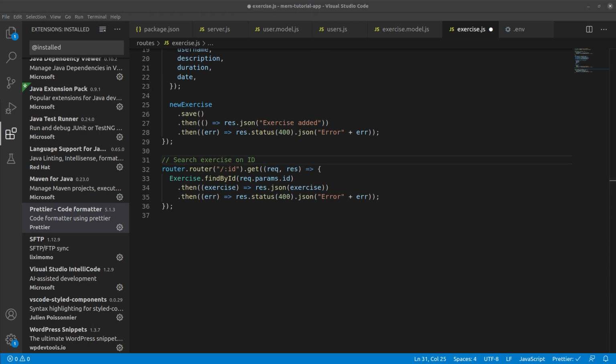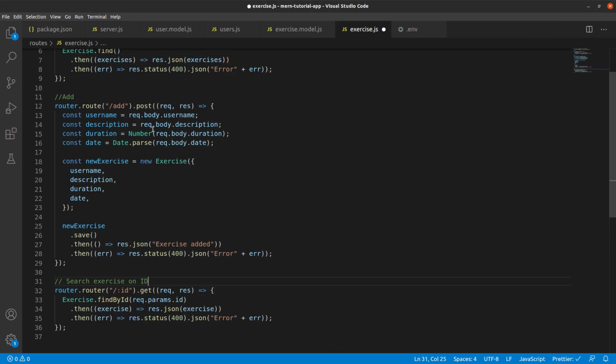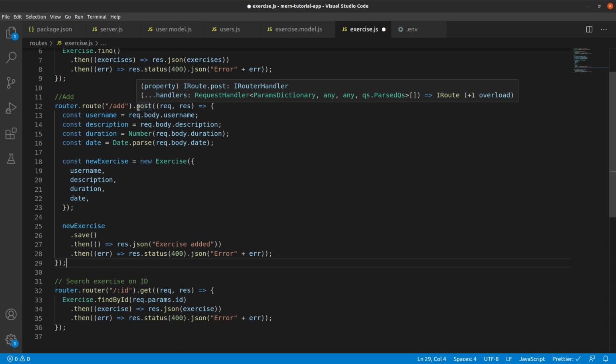Let's also perform the delete operation. One thing that might confuse you here is how the application is going to understand if the request parameter that is passed is a variable or a string itself. How is it going to distinguish? If I do slash add, why doesn't it resolve here? It is basically distinguished by the type of request.